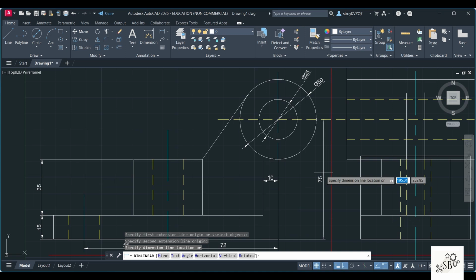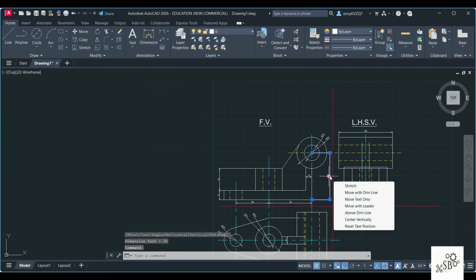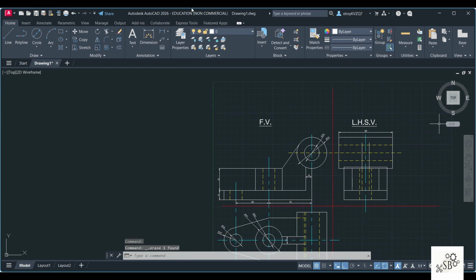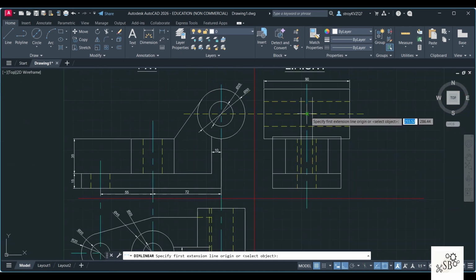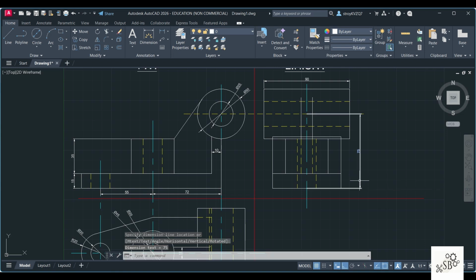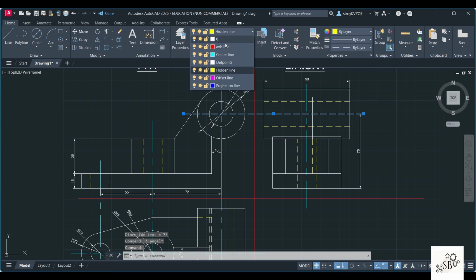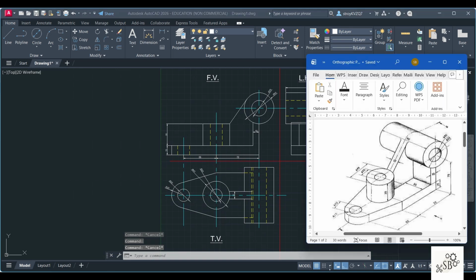Or you can mark here because you have given some space for the axis and offset line. If you don't want to draw right inside the diagram, what you can do is you can mark on this side. You can just delete this, click on delete, select here. It is this gap, right? So from here to this point, I'll just project outside. This is 75. The line is a center line. Okay, so once this is done, we'll check once again.